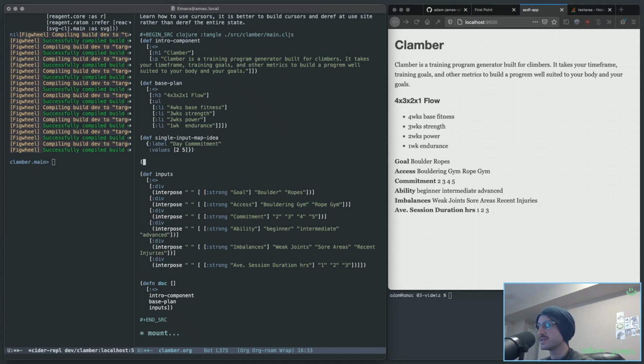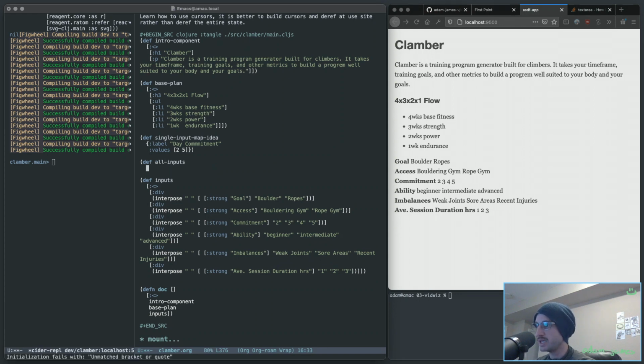But what I'm realizing here is basically, if the structure of every single input map that I'm thinking about here is a label and then some values, why not just have def all inputs be a map where the input label is just the label directly, and then the value for that key is going to be whatever options it is, and then you put that all in the state atom, and then you update all of that by